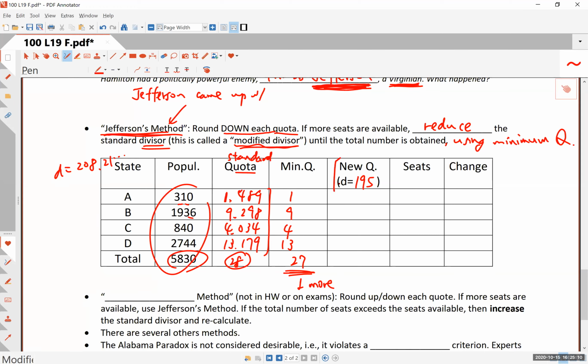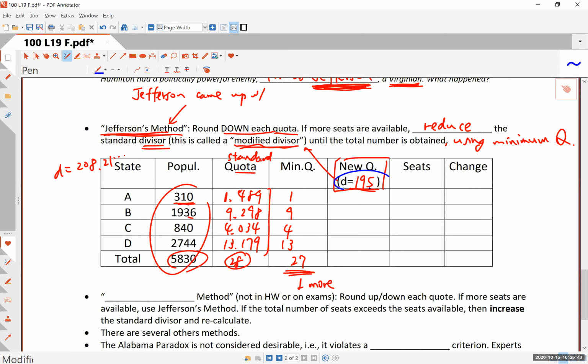All right, now why do we choose this? Because I just happen to know 196 is still too large, but if you go to 195, it actually works, okay? And so this number will be given to you on your homework or on your test or whatever. Let's say if you use 195 as your new modified divisor, then what's going to happen to this? All right, you see what we're doing here? Again, all you have to do at this point is to divide this number by this number, okay? And let's see what happens in this new system.